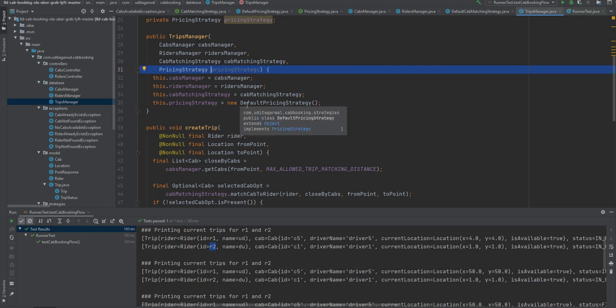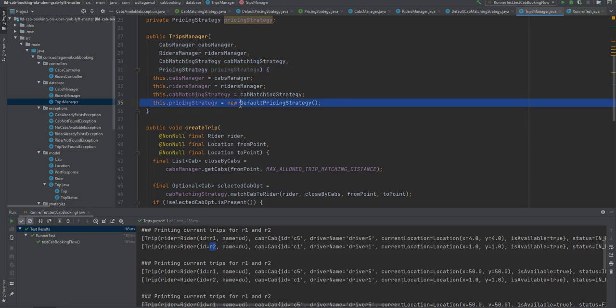Since mocking and all needs a separate session on its own, I'm not going into details of it, but the whole point is that dependency inversion itself says you should not create dependencies in the class itself, you should inject them from the constructors, right? By constructors or by some other way, but dependencies should not be created implicitly by the classes, so that your class design or system design becomes extensible. So that's being followed over here again. So this is a good principle.